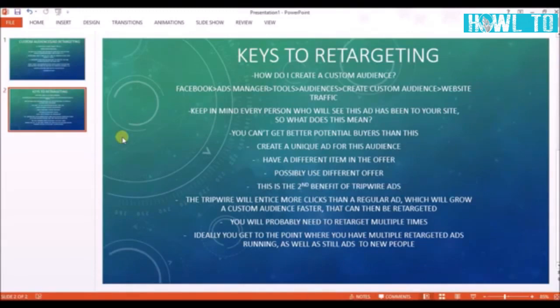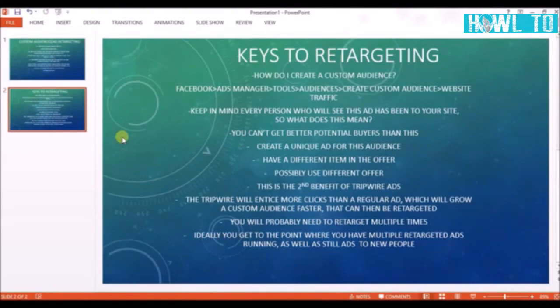So this is another advantage of the Tripwire, and which is why I highly recommend doing it, because even if you're only breaking even, or if you're slightly below break even, depending on what your ad budget is, depending how much of a hit you can take on this, you can always retarget that same exact audience. So if you're using the Tripwire and you're optimizing for people landing on your item page, which is what I would recommend with